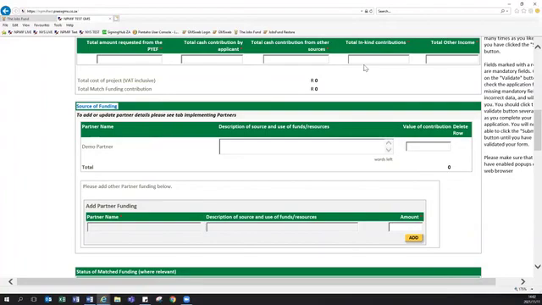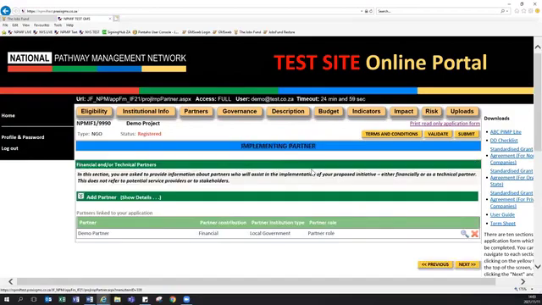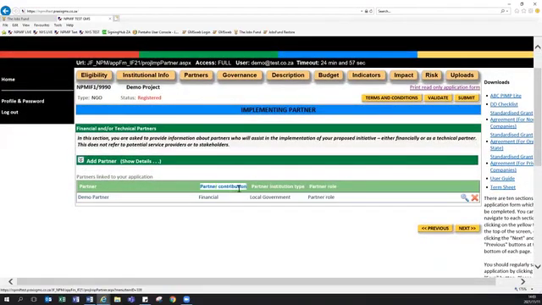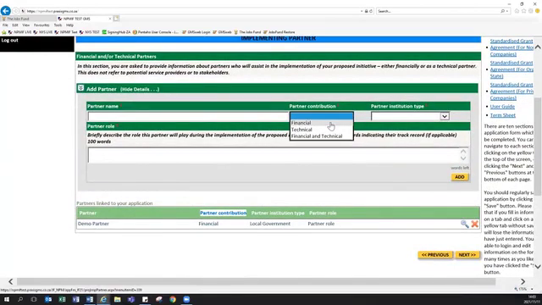This section here would be described further on page 29 of the user guide. But I think what's important to note is that if you had selected your partner type as financial, now I just want to show you the example here quickly. If the partner's contribution was financial, so you remember if you had the ability to choose financial, technical, and financial and technical,